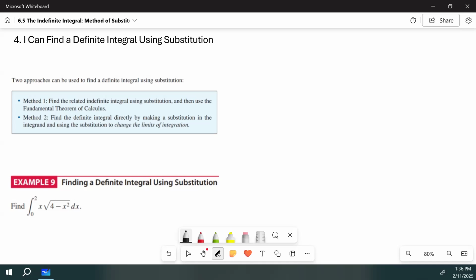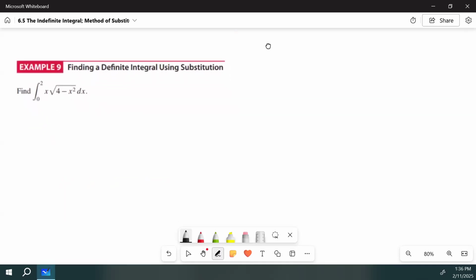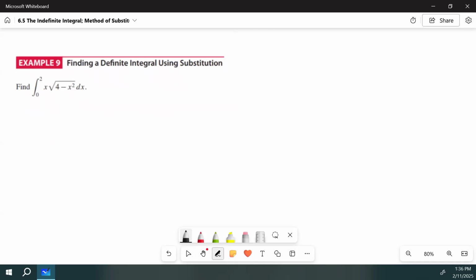Now, that's all fine and dandy, but how does that actually look like? What are you talking about? So for this one, we're going to do method one first. So here, we're just going to do the indefinite integral that's related to the definite integral by the methods that